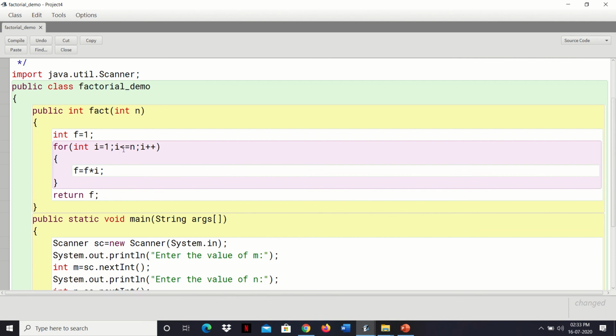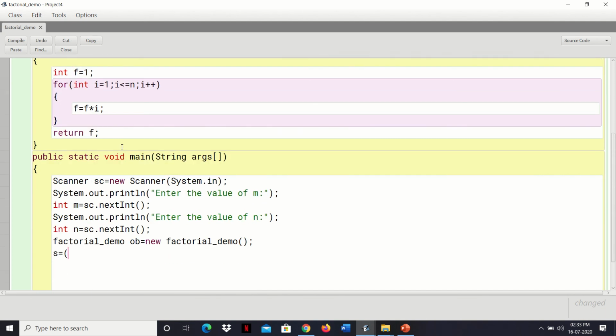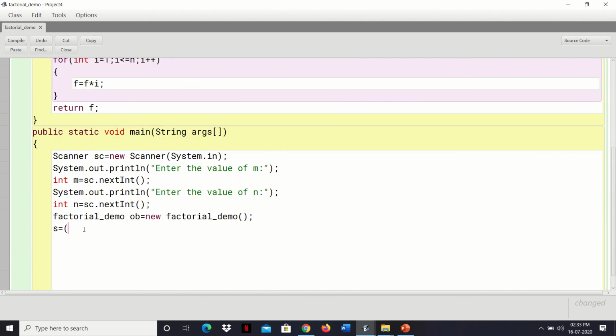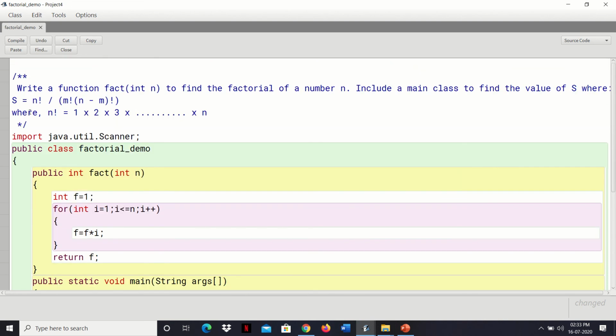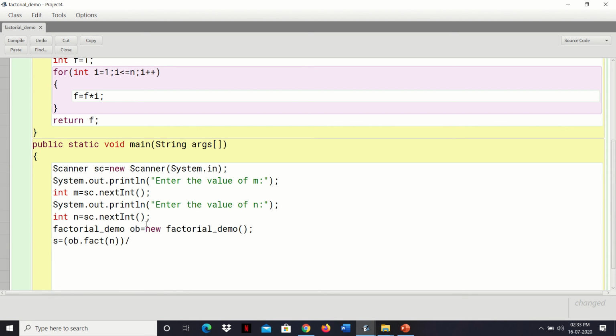So first is n factorial. For that we'll call the fact method. So what is the object name? ob dot fact n. Okay, ob dot fact n. Then again see the formula over there, slash, give the slash as it is. Then you have to write over here ob, again inside the open bracket over here, ob dot fact m